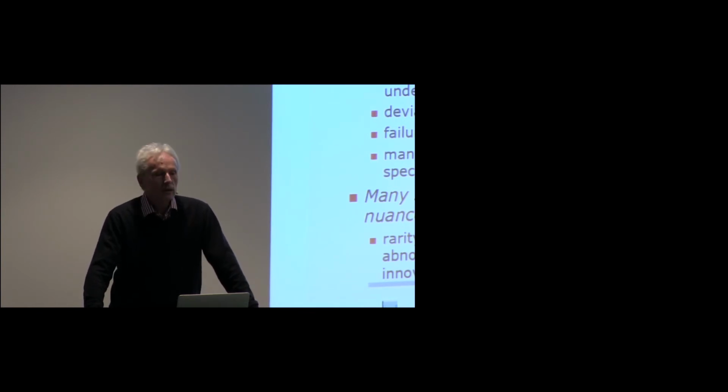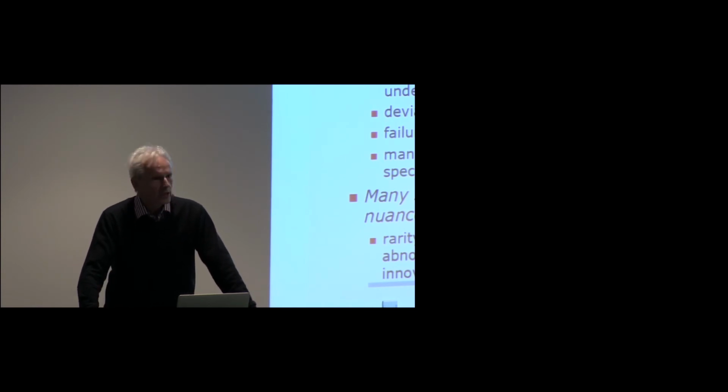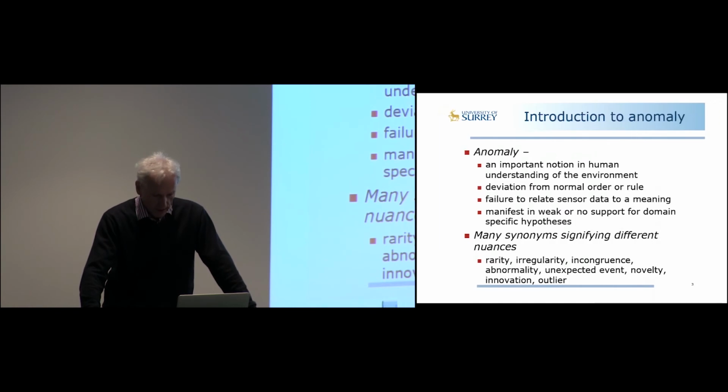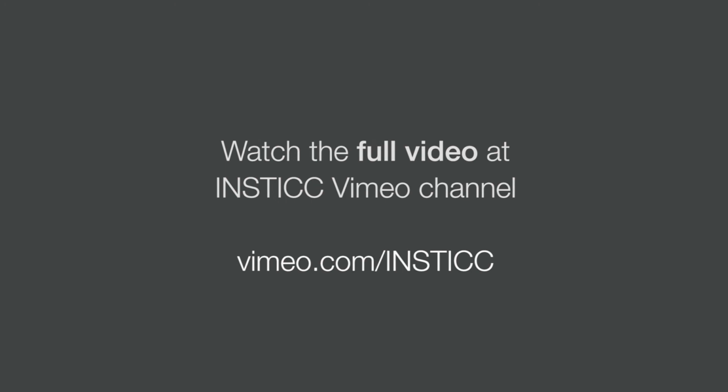And one can look for anomaly or define it in many different ways. It can be something which just deviates from a known order. It can be understood as the inability of a system to interpret sensor data. Or it may be interpreted as something where our models of various hypotheses do not provide any sensible interpretation for what is being perceived. And for humans, I think the importance of anomaly can